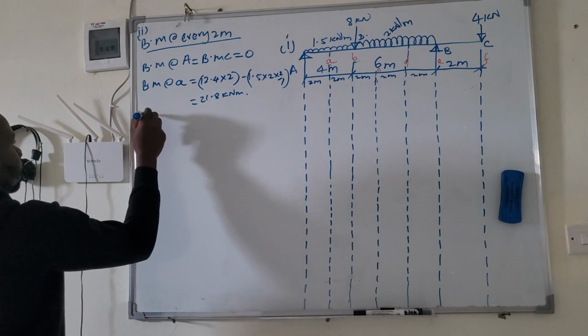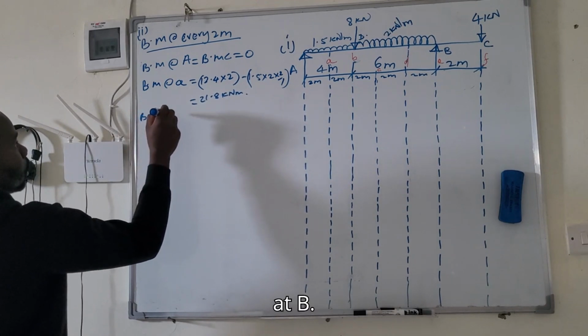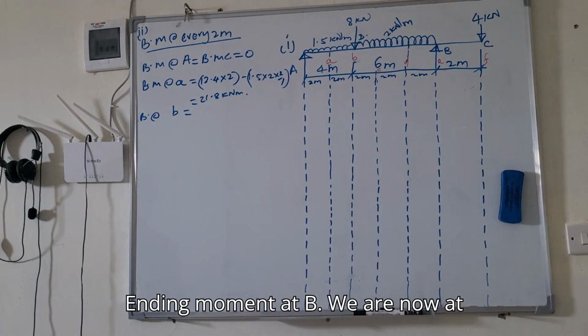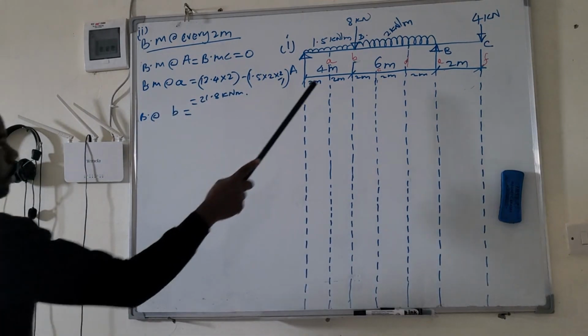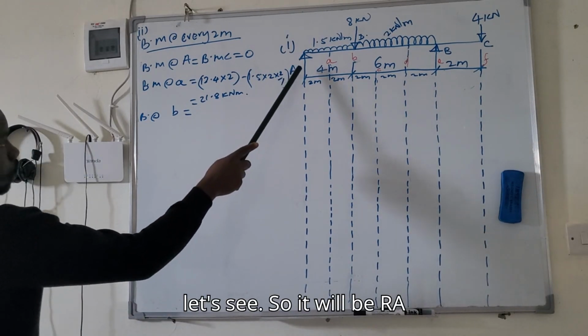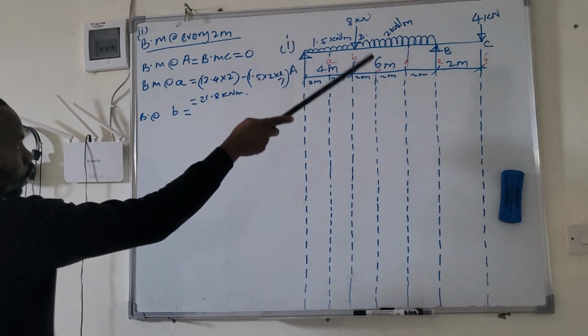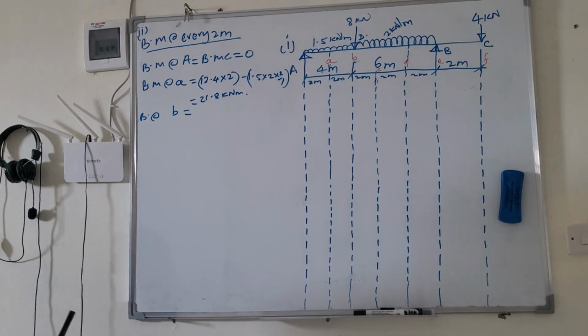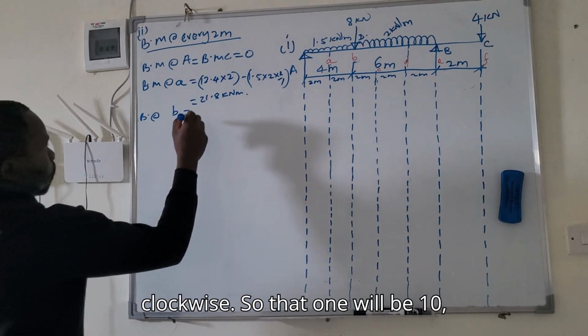Bending moment at B. We are now at this point. Now, let's see. So it will be RA in which direction? With reference to point B, that is clockwise. So that one will be